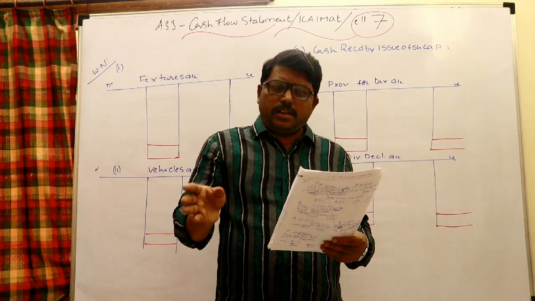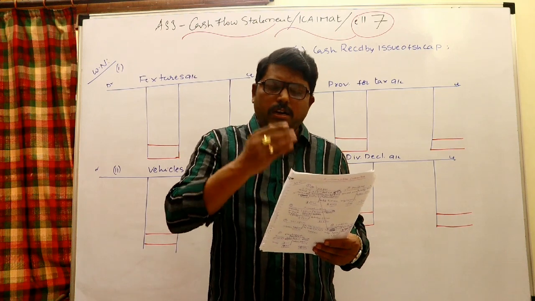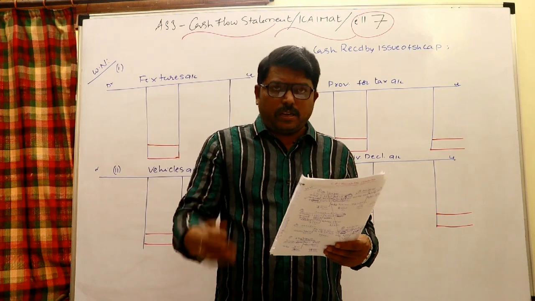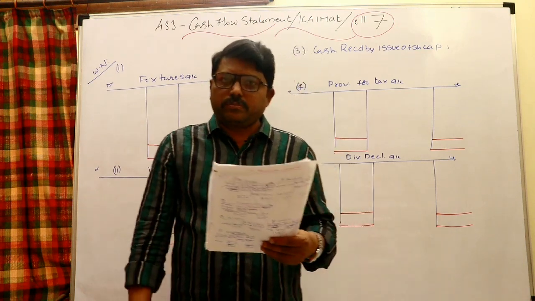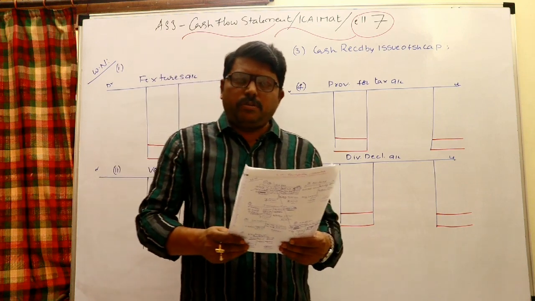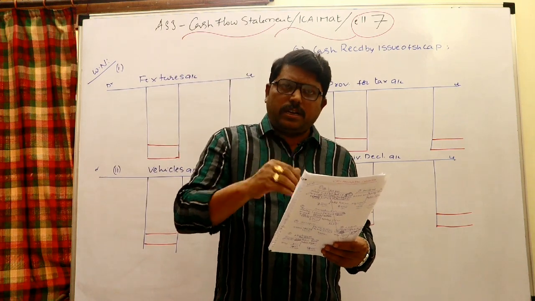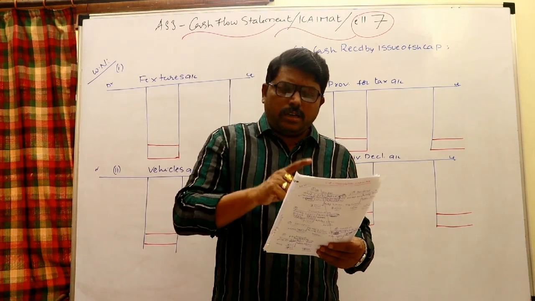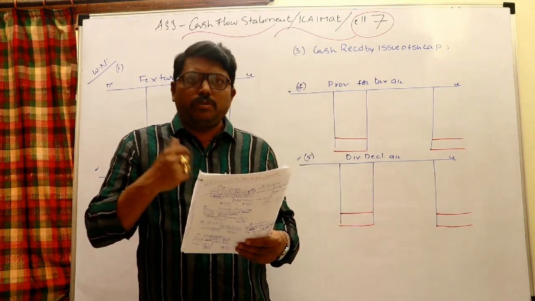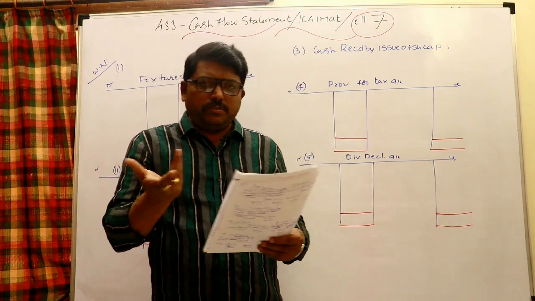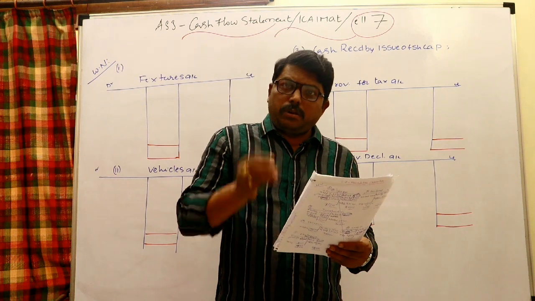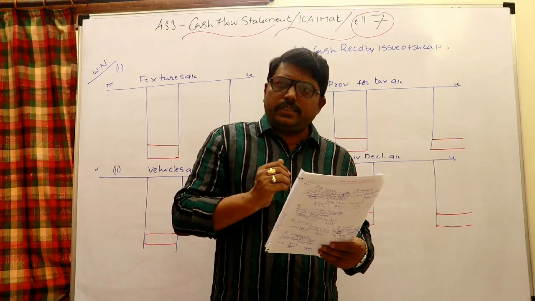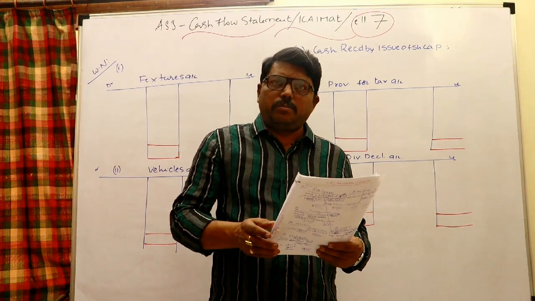Trade payable is 2,500 last year and 4,000 current year, a 1,500 increase in current liability. An increase in current liability means inflow, but it should be considered only if you work out operating activity by the indirect method, where you consider the change in working capital. If you work out operating activity by the direct method, it will not be required. By the indirect method, the increase from 2,500 to 4,000, that is 1,500, is an inflow.